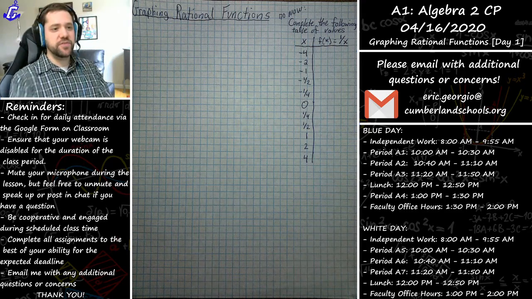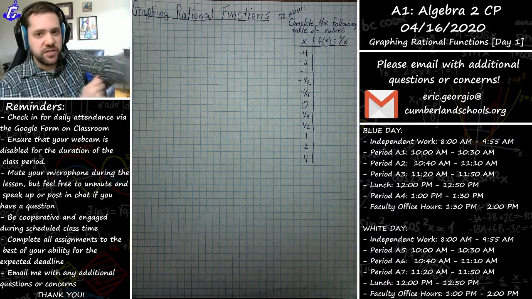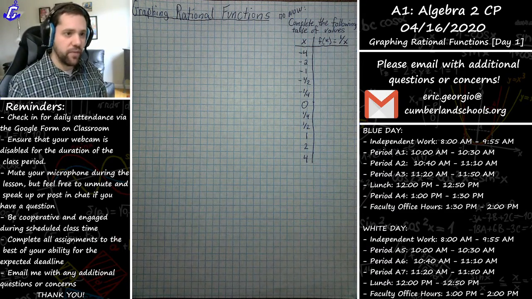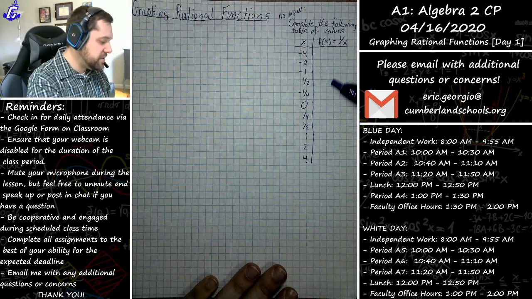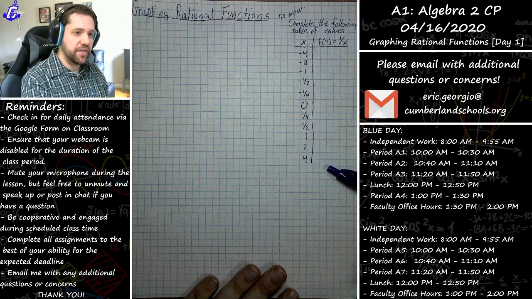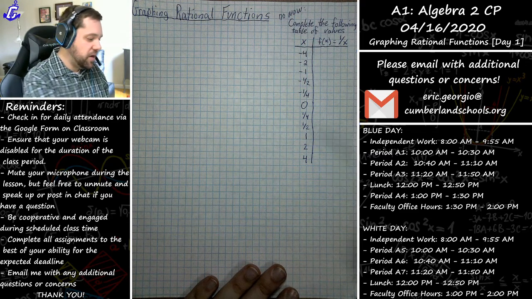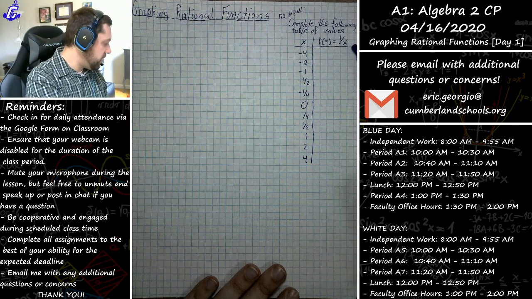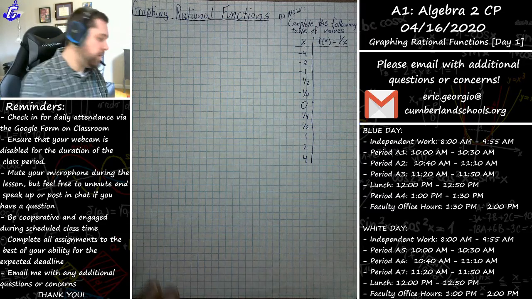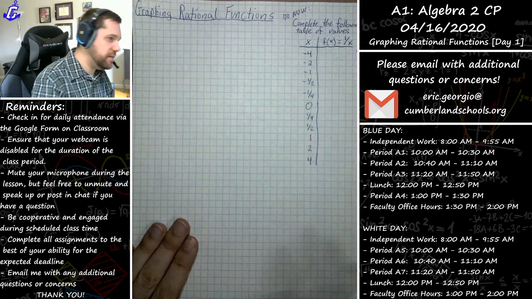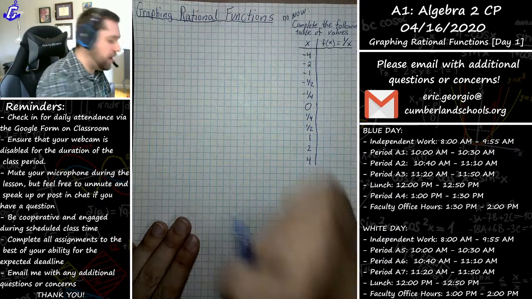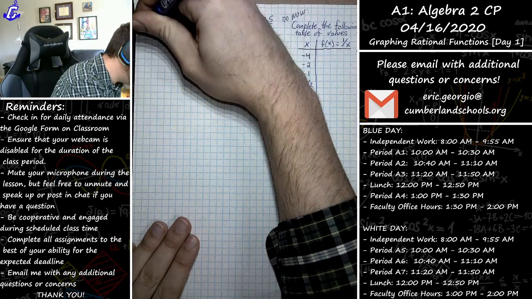One thing that I usually do to start out the rational functions unit is, first of all, define what a rational function is. And second of all, I ask students to take a couple minutes to fill in this table of values for the function 1 over x. One thing that I want to do right out of the gate is define what a rational function is. So just very quickly, I want to note for you that a rational function